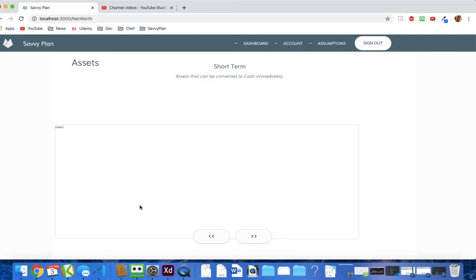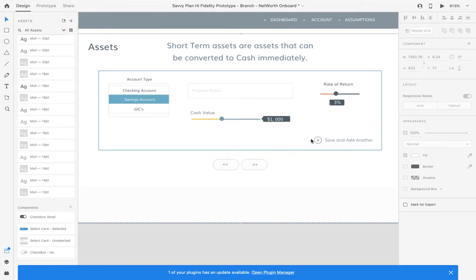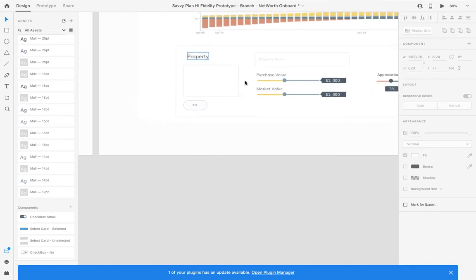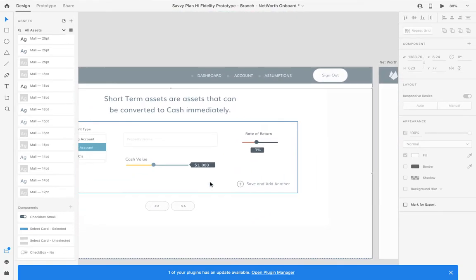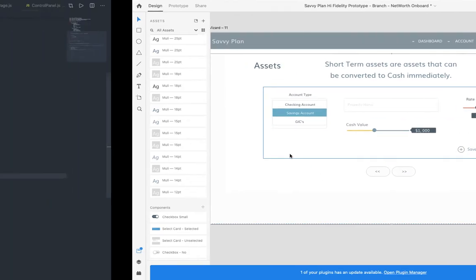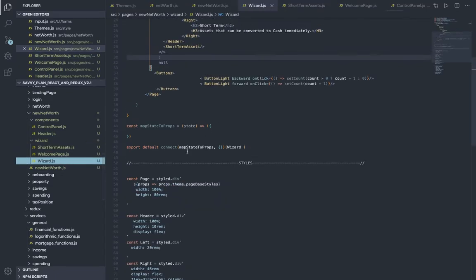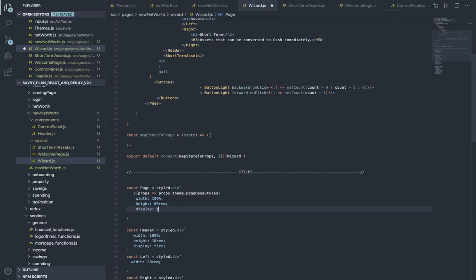Then I also thought to myself that later on, when I'm working in here, when it's over here, it's going to be in a grid setup. So this will be a CSS grid that's rendering it. So I thought it would probably be good to render this as a grid as well. So I'll go into the wizard itself. We've got the base styles. I'm going to go display grid